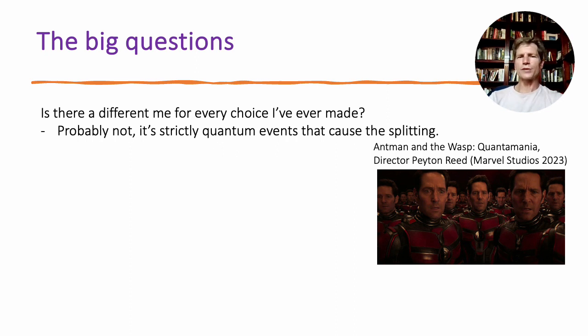Strictly speaking, it's quantum events that cause the splitting. So like going through a beam splitter or doing something that would cause something to have a probability of being here or there, not really a choice. These are so microscopic, these are happening at the particle level. And as such, when they build up, when you get billions of particles, a lot of the effects will cancel each other out. So at a macroscopic scale, you might not see much difference, even though at a microscopic scale, you have lots of splitting and lots of differences.